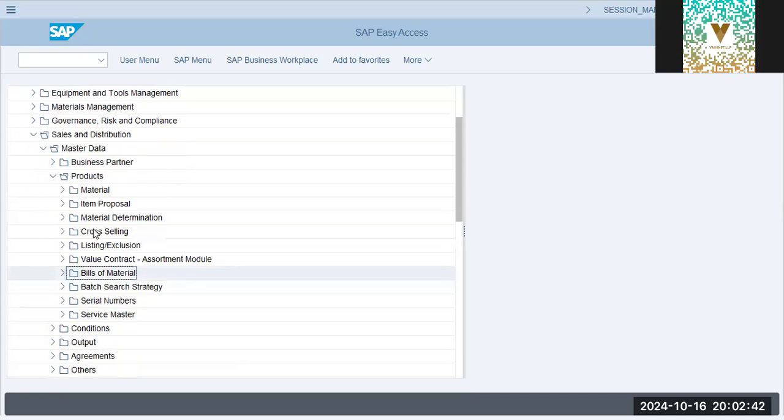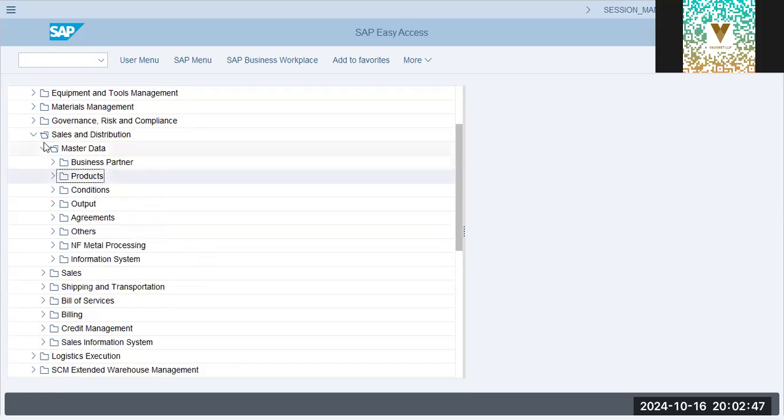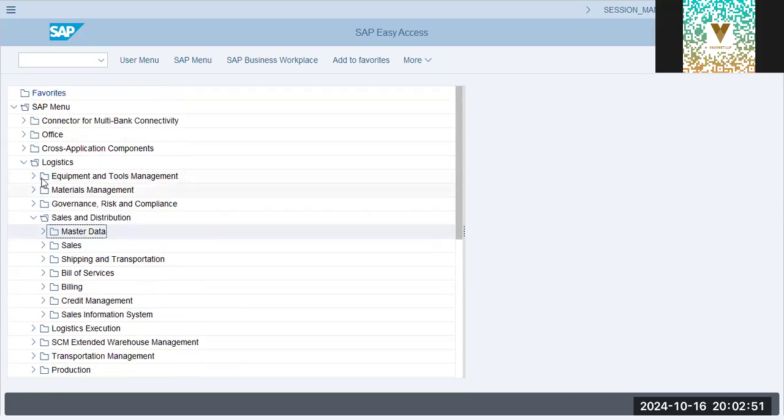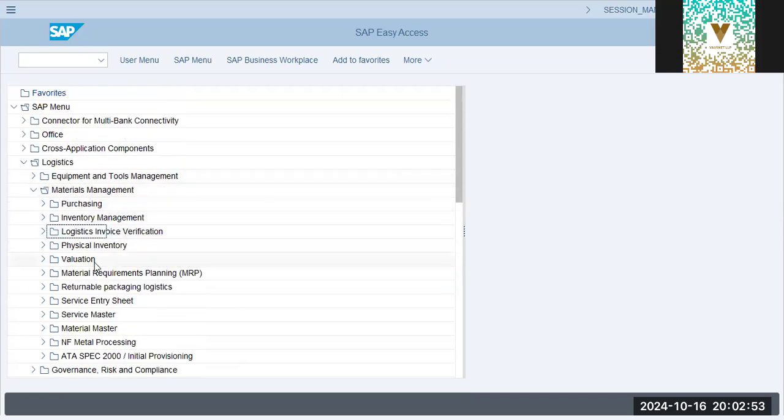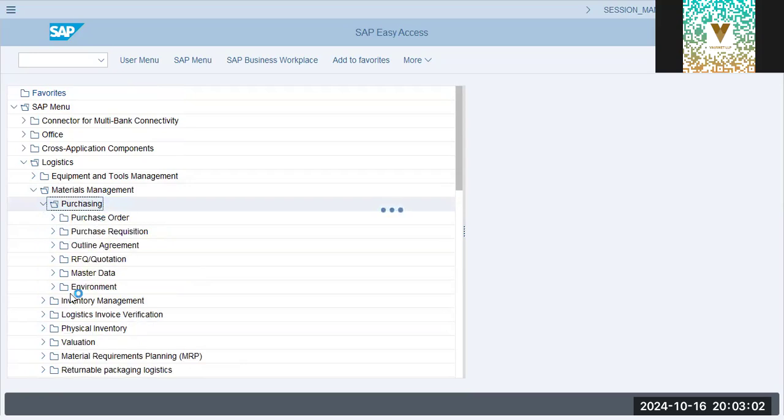Let's see that also. And there are numerous channels that we are going to have a look at in sales and distribution and in material management. We'll have a look at material master. We'll go through purchasing. There's a lot of area to cover in purchasing. Okay. And